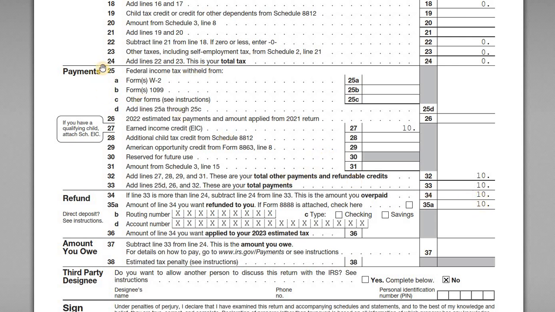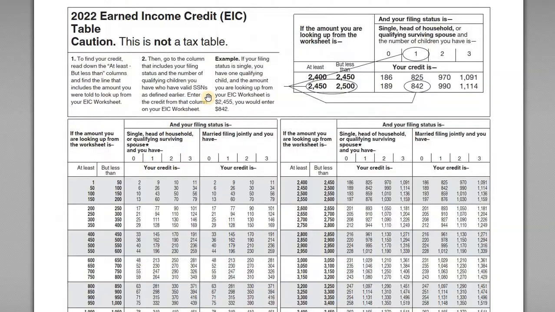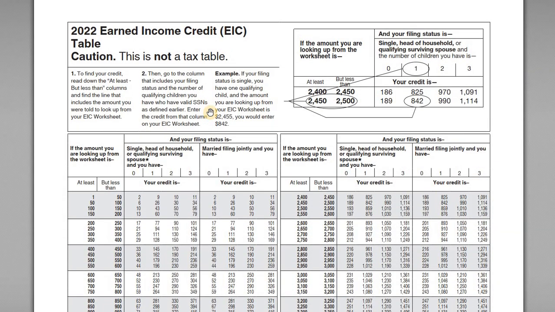And so why is that? Well, if we look at Publication 596, this is the publication that covers the earned income credit, who qualifies, what income qualifies, and it includes the tables. So it's a lengthy publication, about 38 or 40 pages. And within the publication, we have the EIC tables.